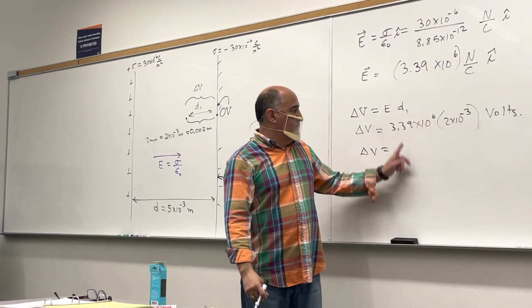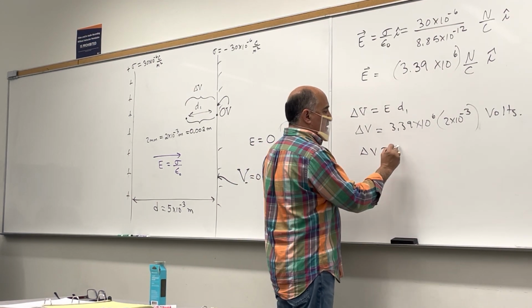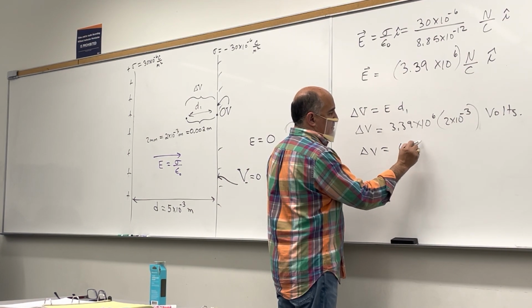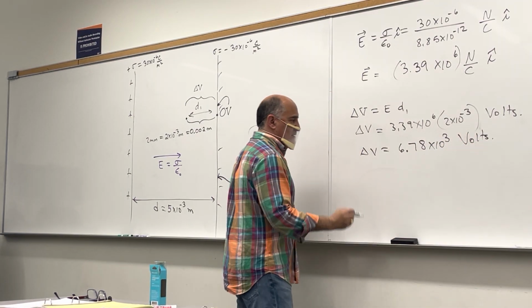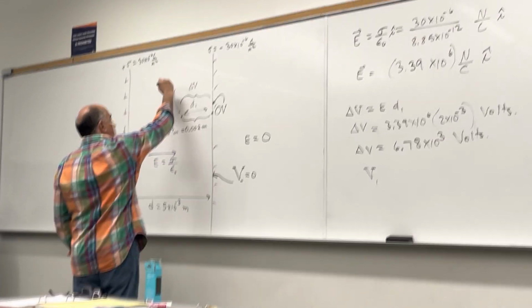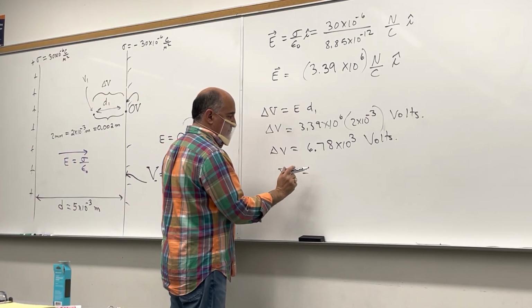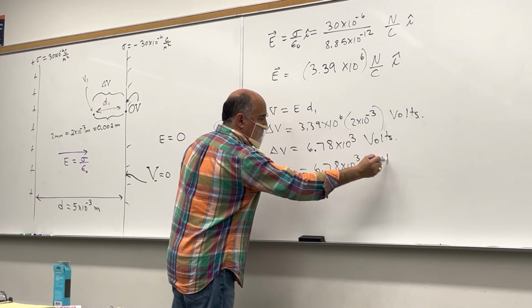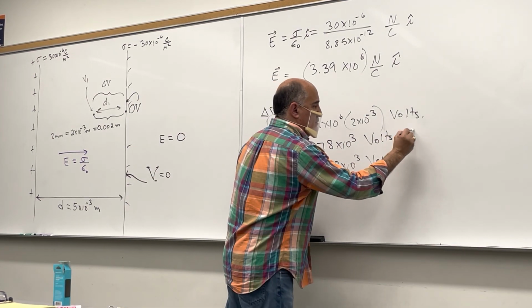But if I were you, I would keep a few more decimal places and only at the end do the rounding up. So whatever you get, this looks like 6.78 times 10 to the 3. Something like that. I think, is that right? Yeah, that's right. So then the potential there, V1, let's say, the potential at this point is going to be that. Because this would be like V1 minus V